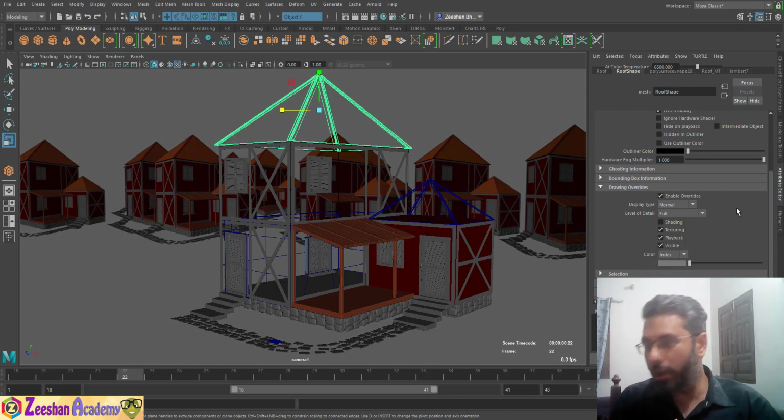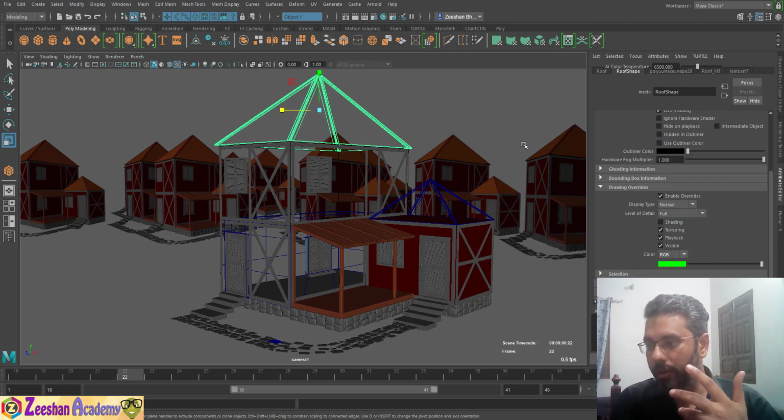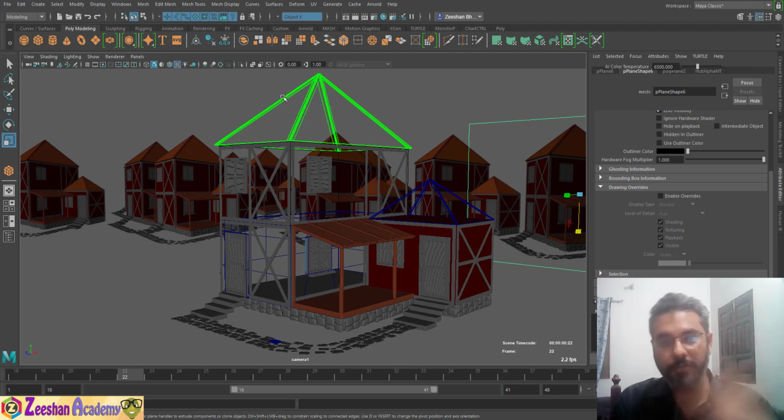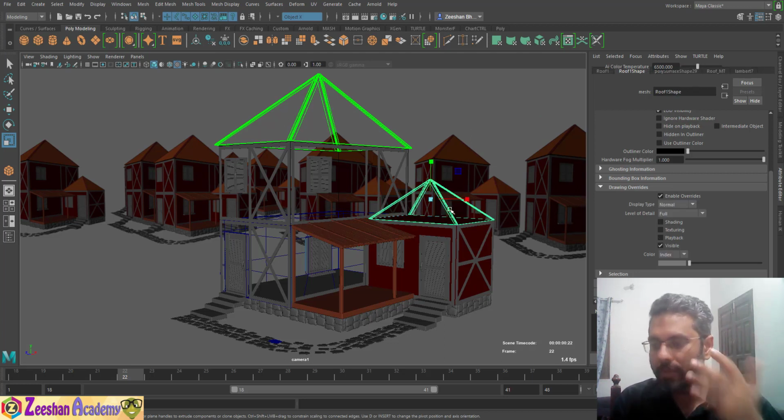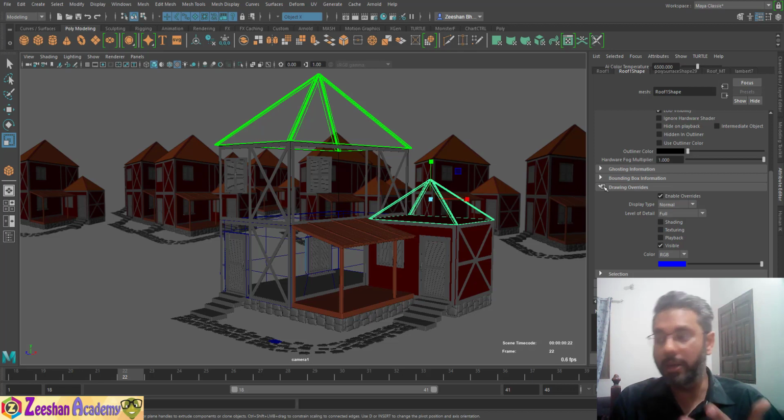Other than that, sometimes I also like to do this. I can change the color of these objects as well. By default it is index, I can just switch to RGB, or for example in this case, let me just hit blue or green. So now this object's wireframe appears in green color. This is something we see, especially when we do rigging and everything, we come here, we switch the object, and we want to change the wireframe of that object. So now that object's wireframe again becomes blue.